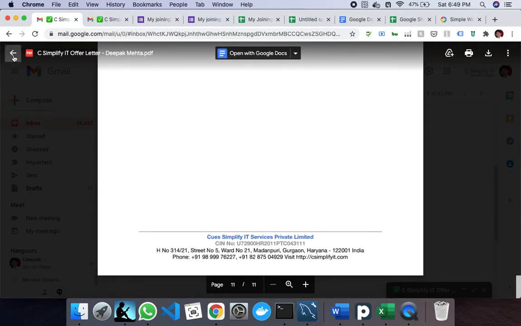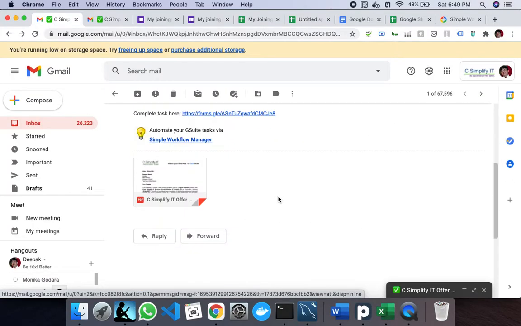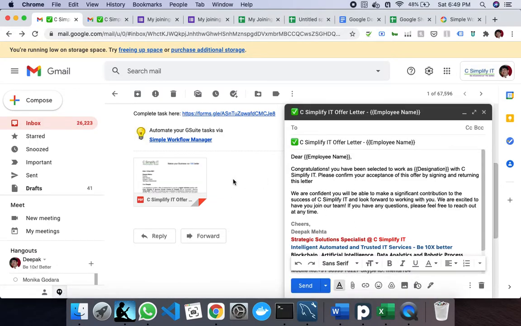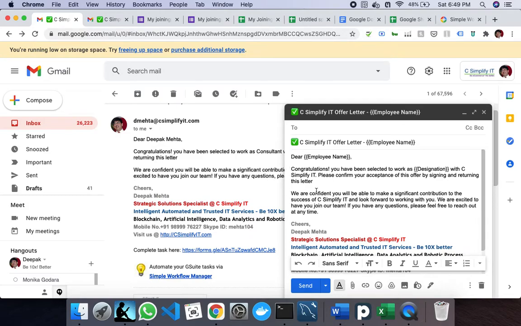So this is how you can automate your workflow. You can generate these documents automatically. You can send emails. For example, this is my template which I have designed to send to the user, and in this template, by using double curly brackets and a variable name, whatever information we captured in our form is replaced dynamically, and then the letters are sent to the candidate with the designation. The designation was consultant, so even this is a variable because it is in double curly brackets. That is what it does.